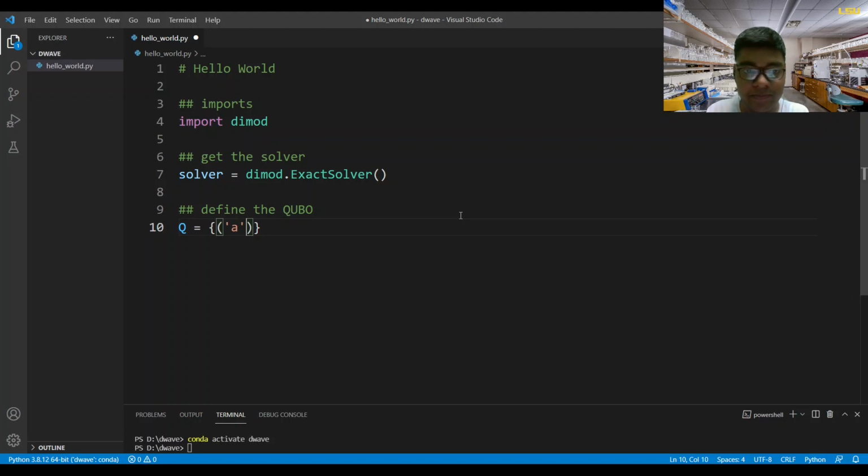So note that I'll be using 2 qubits here. So this one will be -2, and let me just write it quickly. So this is a simple Python dictionary that I have used to define the QUBO. And you can see there are two variables here, A and B. Both of these you can think represent qubits. All right,